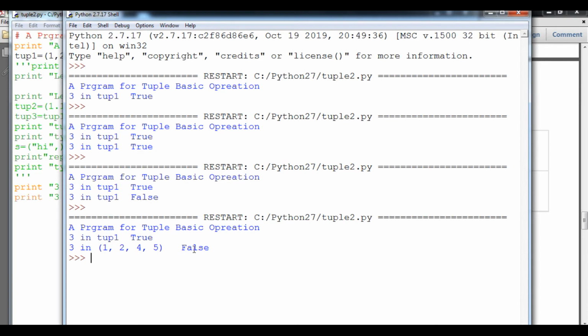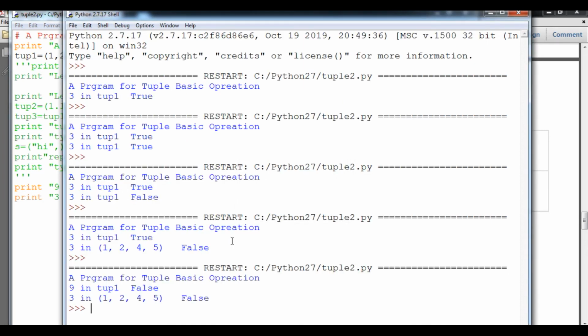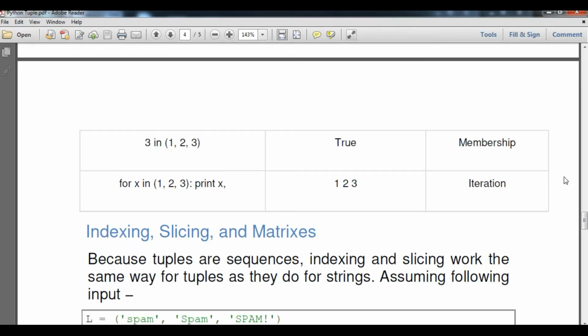So 3 in this is false. In the same way, if I'm going to search here, suppose 9 only. I will show here the message 9 or this one thing 9 in tuple 1. So both conditions will be false. You can see that 9 in tuple 1 is false, because we already know what elements are in tuple 1, and 3 in this tuple is false. So this will tell you whether the element that you are going to search for is in the tuple or not, simply by in, which I'm going to call the membership operator.